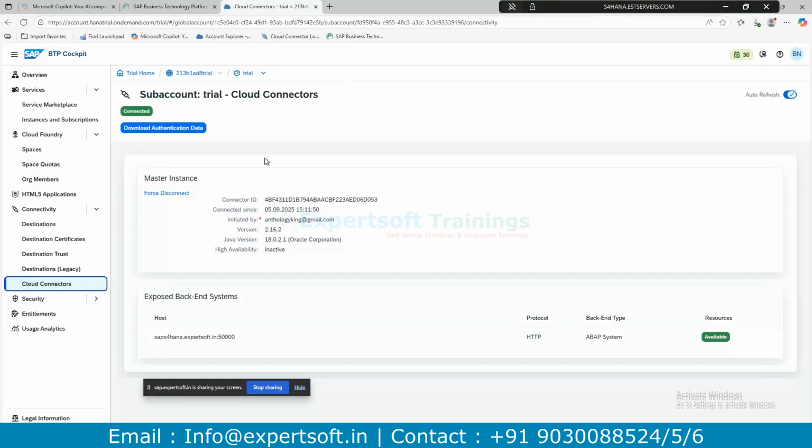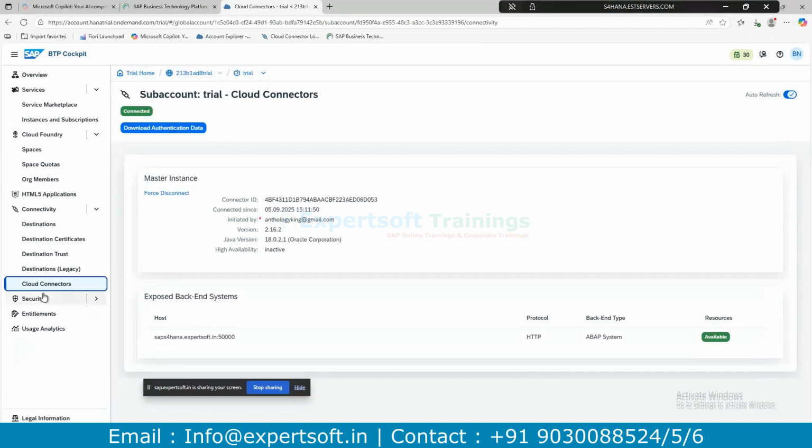The S4HANA system can connect directly to the BTP, but we want to avoid exposing it directly, and we wanted to do some masking operations. Masking in the sense we don't want to expose the host and port, some crucial important parameters. So how to avoid it, and we want to use a virtual host and all. Then the cloud connector comes into the picture, a mediator between the S4HANA system and the BTP. Once you have configured it, then in the ABAP environment, it automatically becomes visible, whatever the OData services we created.